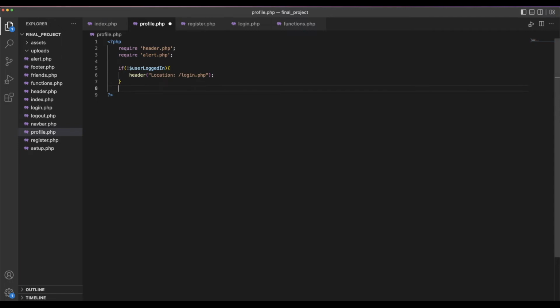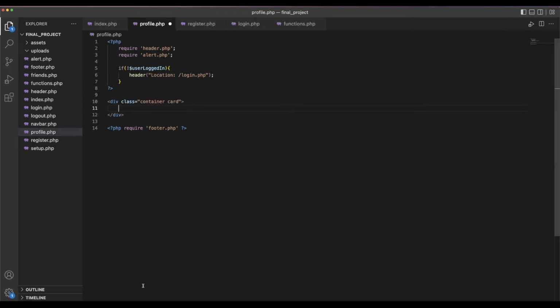And then we're going to add in the HTML first, and then we'll come back to this. So before that, we'll just add the footer at the bottom of the page. So we'll do footer.php, and then above we'll add the HTML. So for the HTML, we'll add, as usual, the div container, and we'll add a card here as well. So close this div, and inside of this,